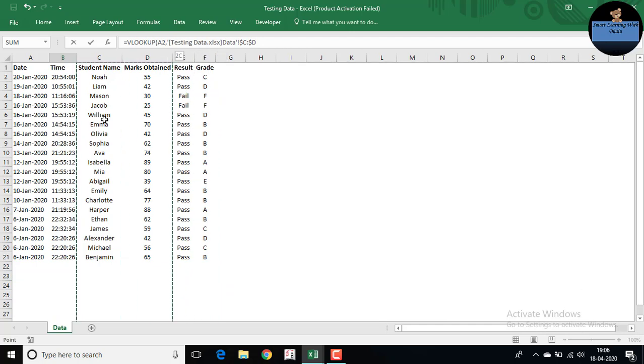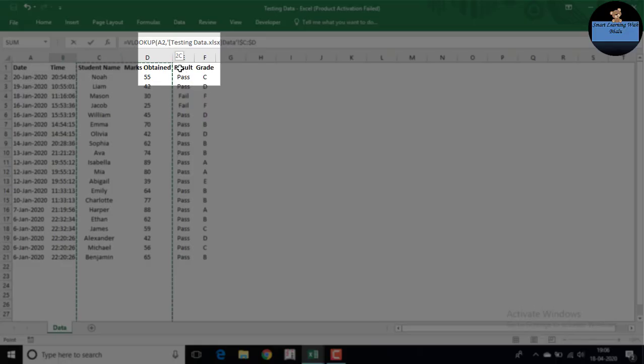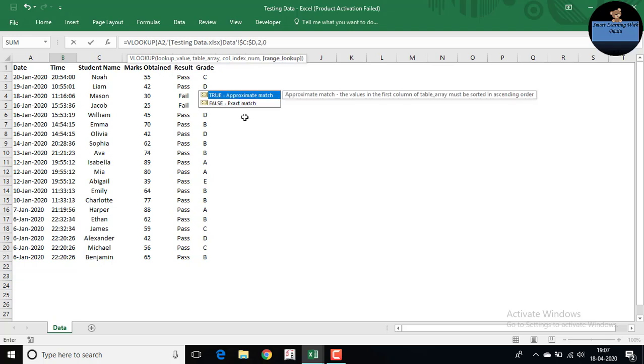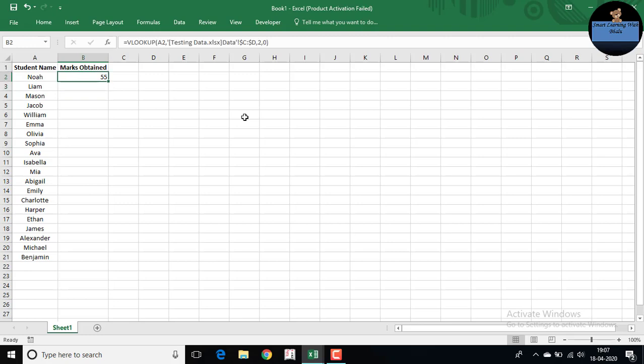So I go to this table. You can see, keep a note of the number you're getting here. It's 2C. You won't be taking C, A, D, E, but the number, which is 2, 3, 4. Here I'm having 2. I want marks obtained, and the marks obtained column number is 2. After this, just press comma. It's asking for the column index number, meaning from which column you want the result. I want it from marks obtained, that was number 2. Then for the range lookup, to select the exact match, that's false, which is 0. Once you're done with this, just close the bracket and hit enter. So you get your marks here.